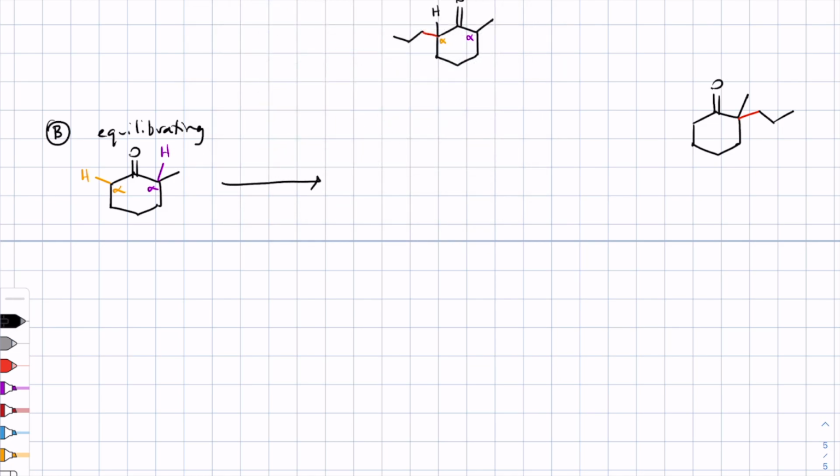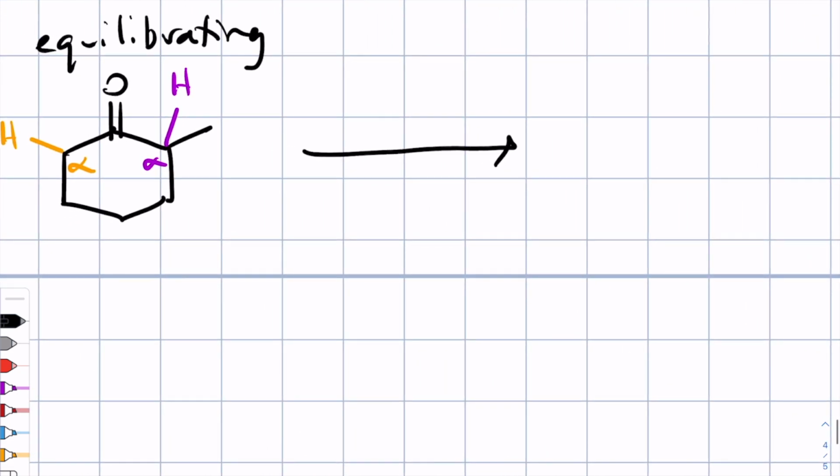In this case, let's use a base. For equilibrating, you just want something that's about the same reactivity as OH minus. A common base that your text uses is sodium ethoxide,